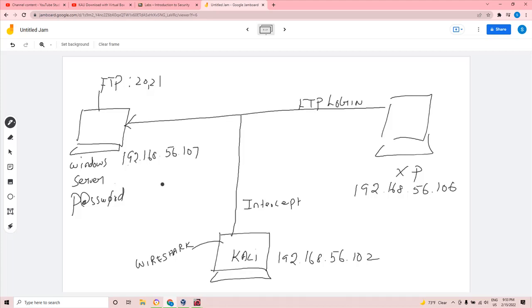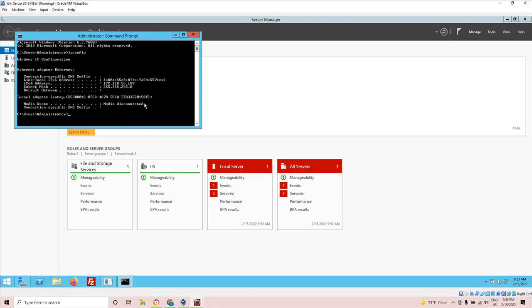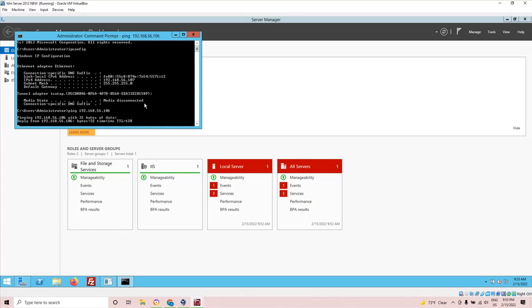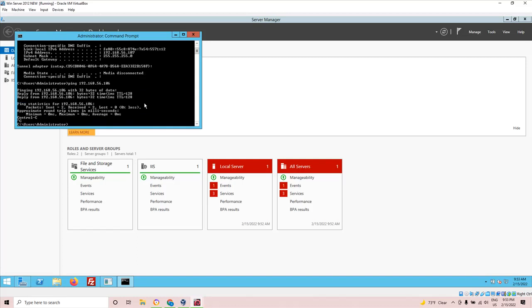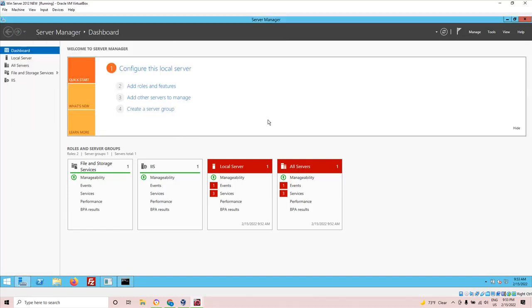So now just check the connectivity between server and XP. Ping 192.168.56.106. So it's pinging. Next, students,